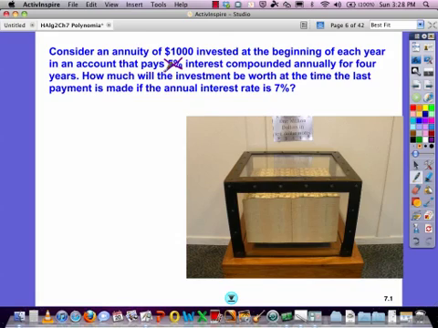So they were basically saying in the lesson that if you did the first year, that'd be $1,000 times 1.05 to the first. And then after the second year, 1.05 to the second. Third year, 1.05 to the third. So if ours is now 7%, we need to make sure we put a 7 in there for our percentage rate, our growth factor. But we need to start off with the amount in our account will be equal to our initial deposit times our growth factor, 7%, so 1.07,